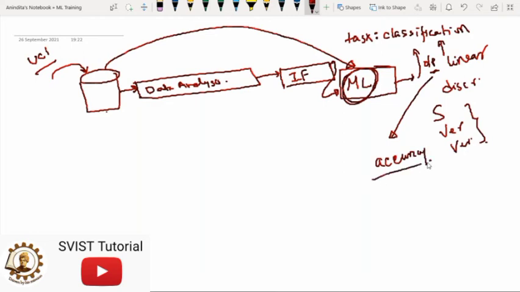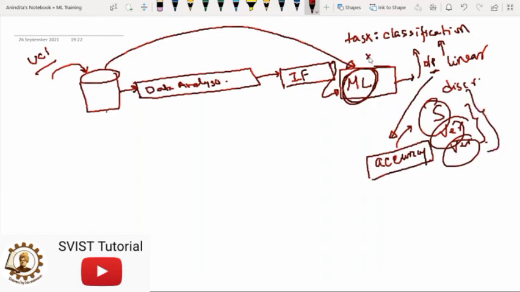This accuracy parameter will tell us how much greater accuracy we have achieved while classifying these three species, right? So we will do this part next. We have completed up to this data analysis, but I will only start the second part if you complete the assignment.